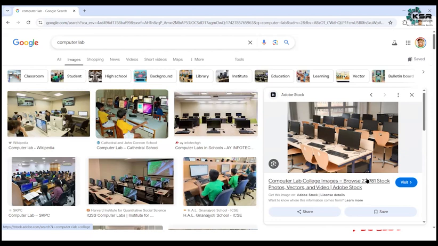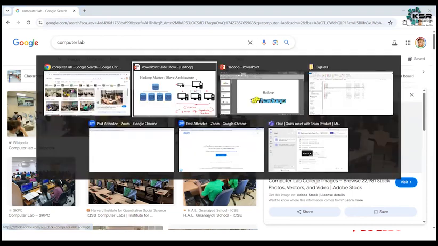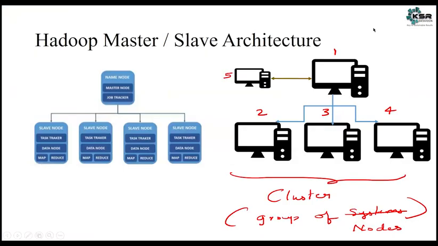Imagine when you go to a computer lab, you have to do only work. If you play some games or watch some videos, someone will get to know. Why? Because they're tracking. Your IP address has been captured. They're tracking within that same lab. So in the same laboratory, there will be another person who will be taking care of all your machines. That is called the main person, right? So this is called a cluster, and these are not called systems. These are called nodes. Similarly, in my cluster, we have a total of 5